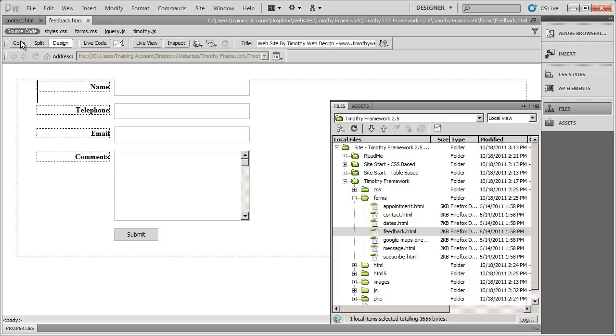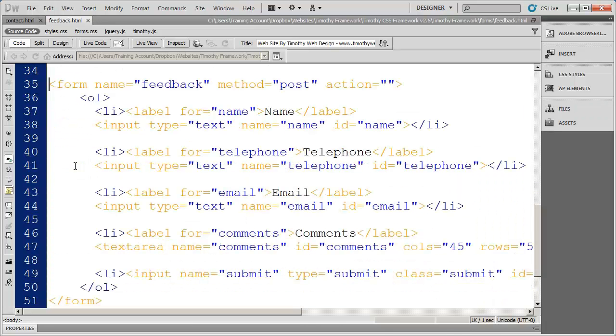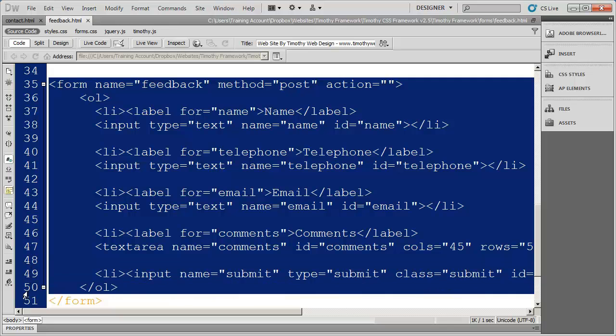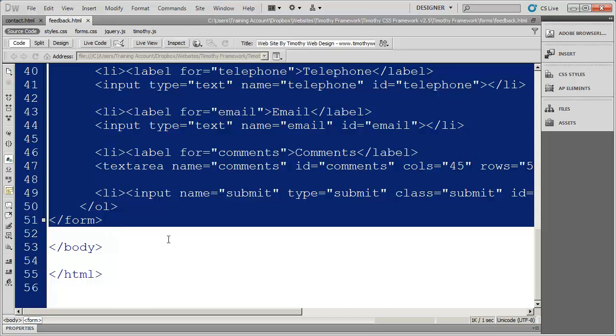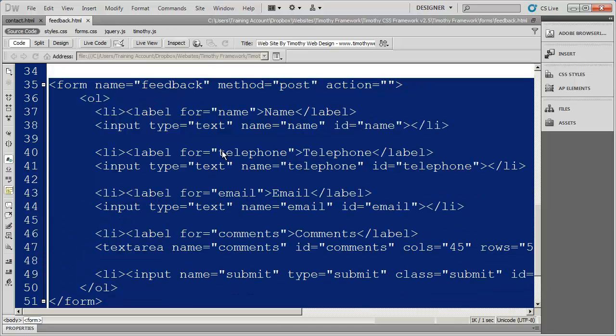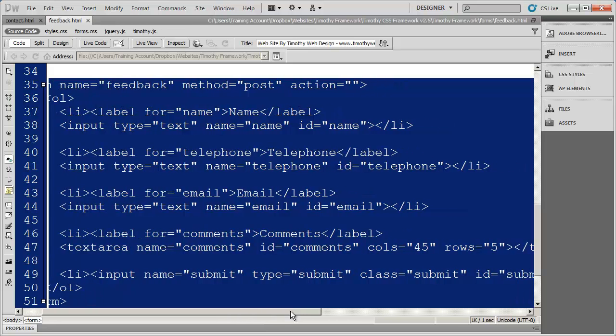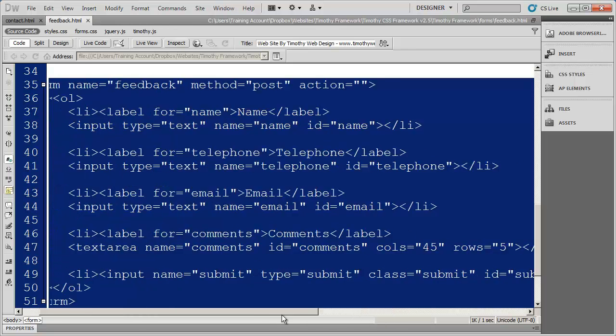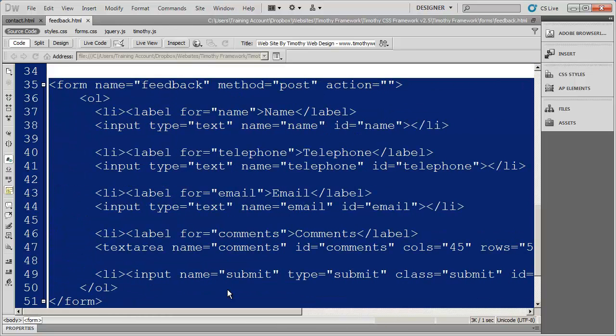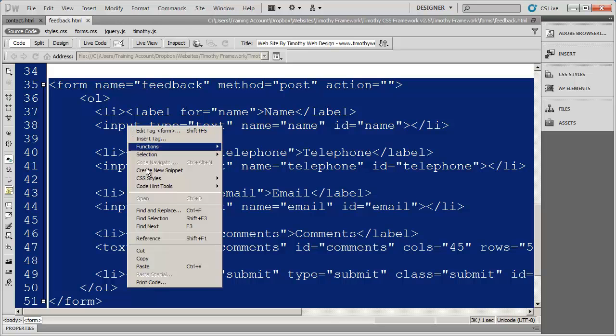I'm going to go into code view, and I need to grab the code for this form. Everything from the opening form tag to the closing form tag. And if you don't have the framework, you can just copy the code down here. You can see I've got some extra right over there towards the bottom, but that's all the code there is for this form. So I'm going to copy that,